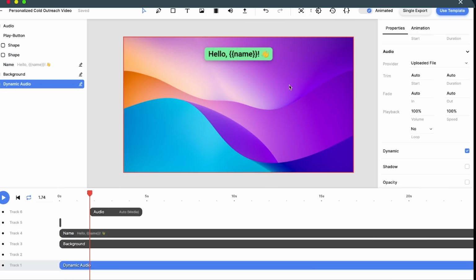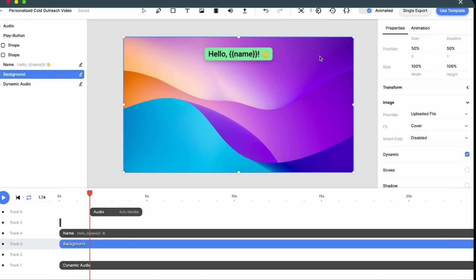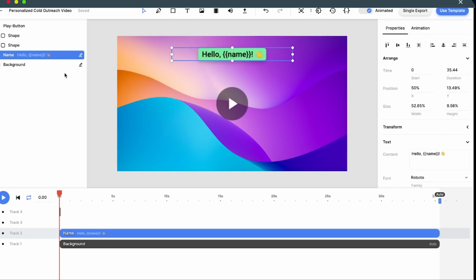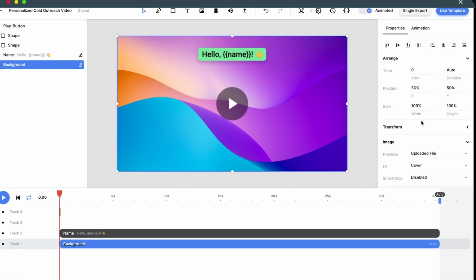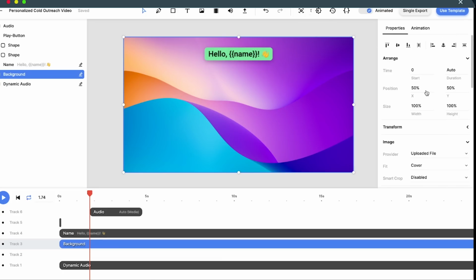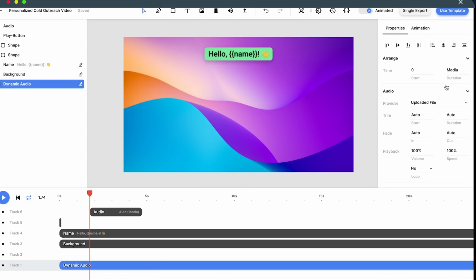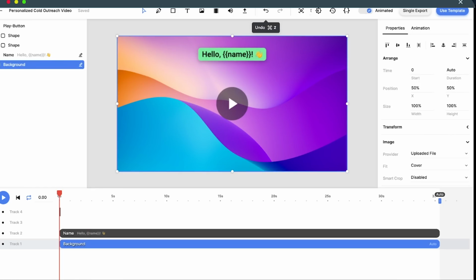Now I'll show you the one that I've got already, so check out what's different about this, okay? So I've got a background which is dynamic. Now check this out. I come over here. I've got background. Look at the things on the right hand side here, okay? We've got duration is auto. That's really important, okay? Because check this out. Duration is auto. Basically what that means is we're not specifying how long we want this to be, but the critical bit is this dynamic audio, and we need to set the duration to media, which essentially means,